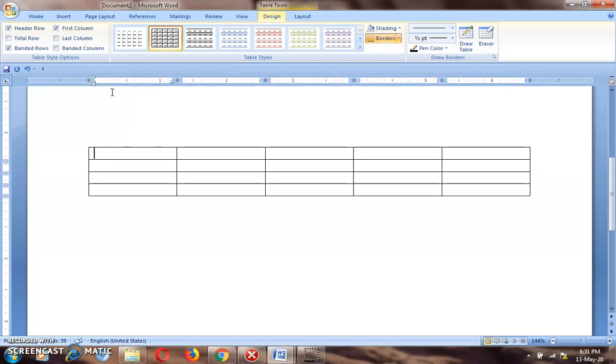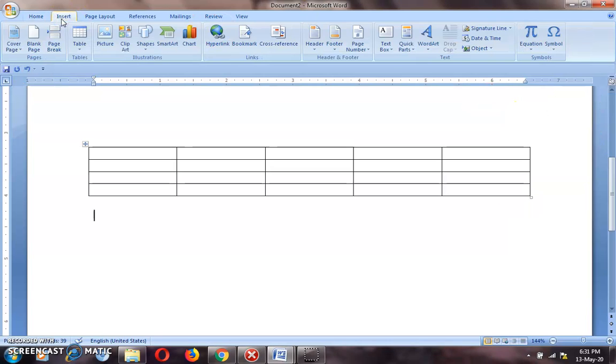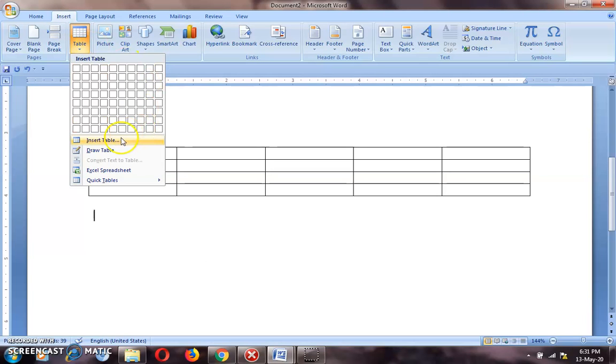This is the first method. Next, the second method is click on Insert option, then Table, and here is the second option.